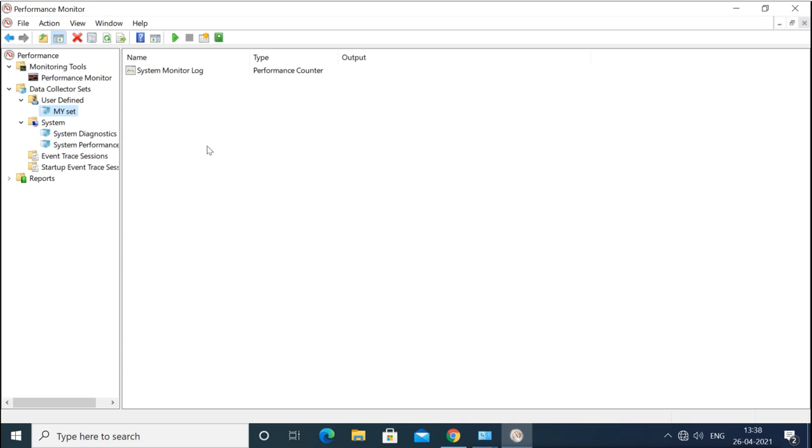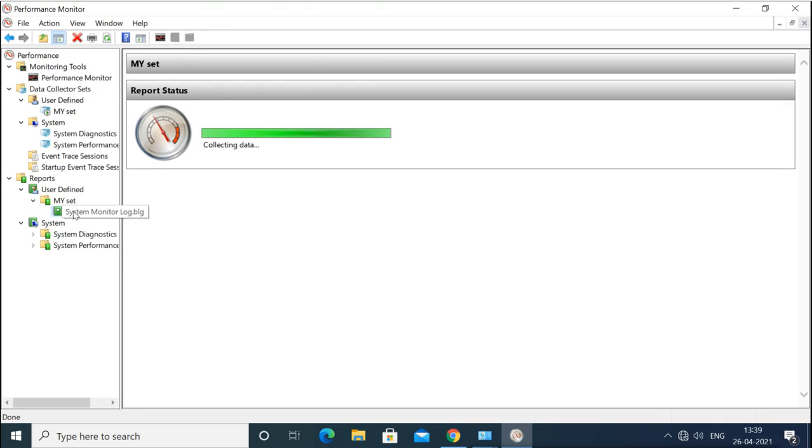So if we want to collect the data daily at the same time, we collect it for 10 minutes so that we can compare it at the end. So whenever I want to collect, I will right click and start. Now it will start collecting for the current time, and after the collecting, you can see them under this report section, where you can see the system events, system created or user created. So this is my created one, and right now this is running. If I click here, it is now collecting the data.